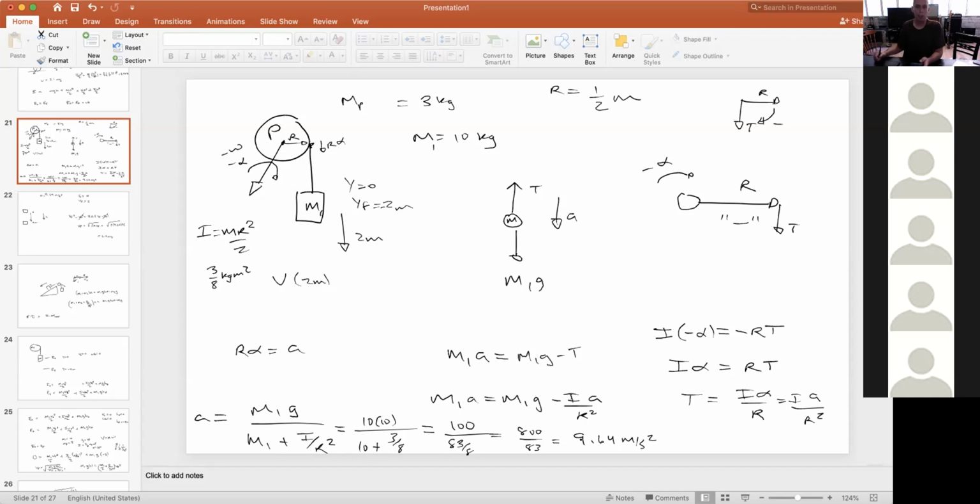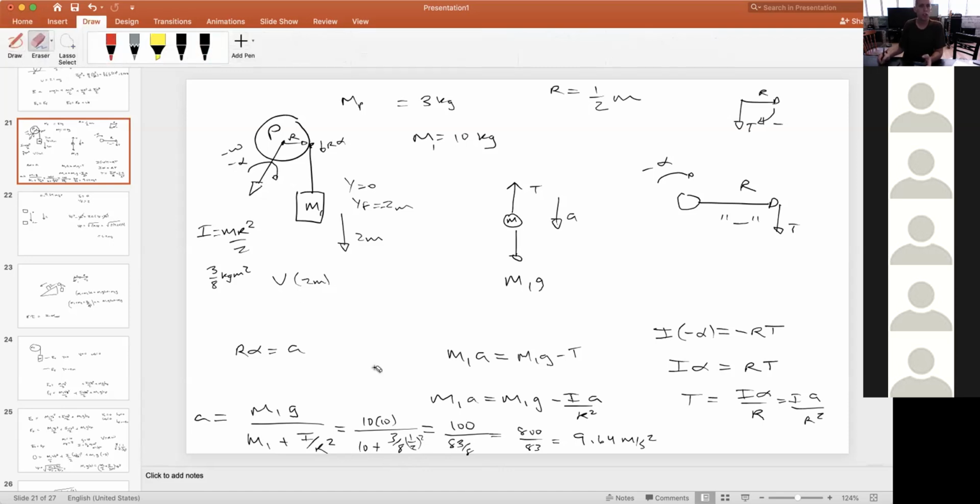So where I messed up was this is actually wrong. This shouldn't have been 3/8. I forgot to put the 1/2 squared in the bottom here, which would have given me 12/8. So this becomes 12/8. So 80 over 8 plus 12/8, which is 92/8, and 92 divided by 8 is 11.5. So this is 100 divided by 11.5, which is 8.69